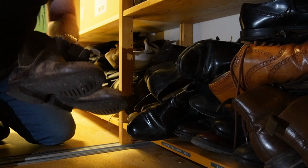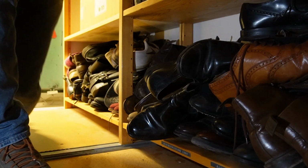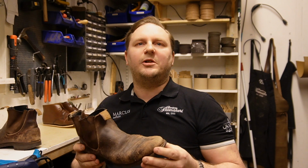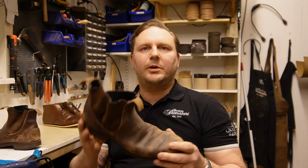I came across these old R.M.Williams yard boots, and they are in desperate need of a lot more than a polish. But I got the idea that it would be cool with not just a before and after polish. This could be a look at what can be done with a high quality shoe in the hands of a good craftsman. So I'm going to try to rescue one of these, and hopefully it's possible to restore it to almost new